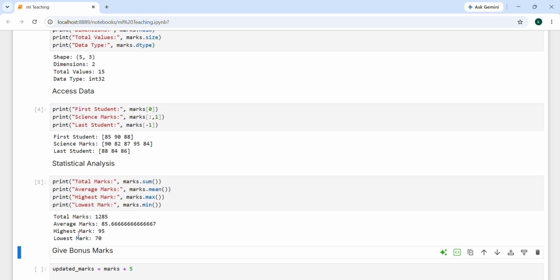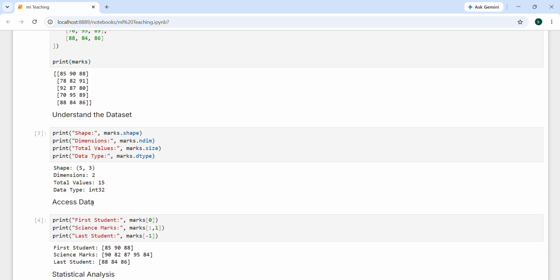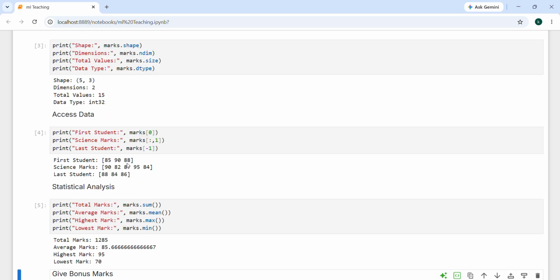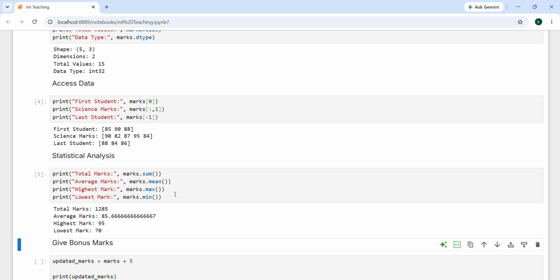And these are the average marks, highest marks, and lowest marks. I hope you understand. Instead of checking every value manually, like 85 plus 90 plus 85 plus 88, it would take too much time. That's why we use statistical analysis